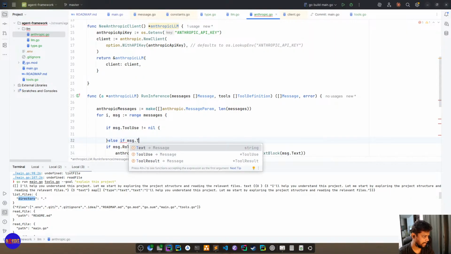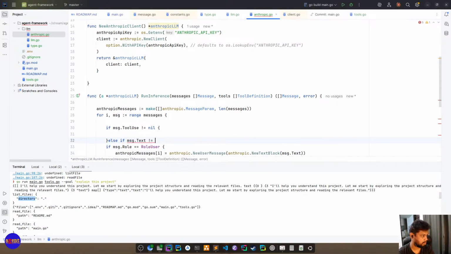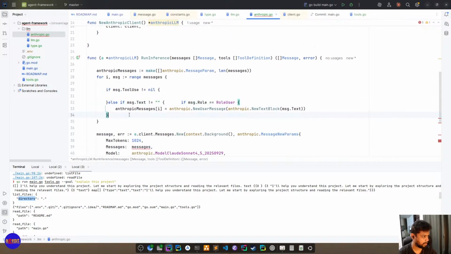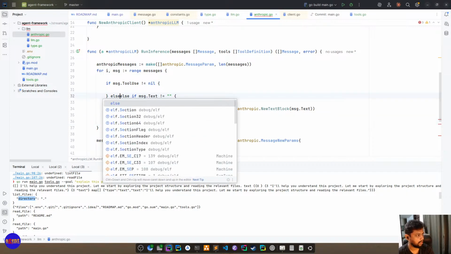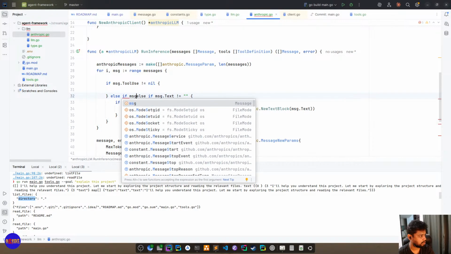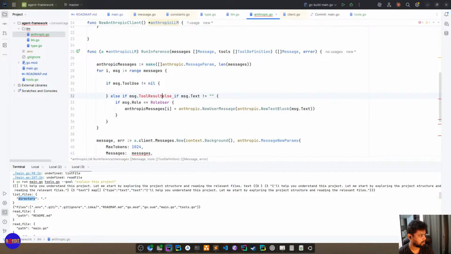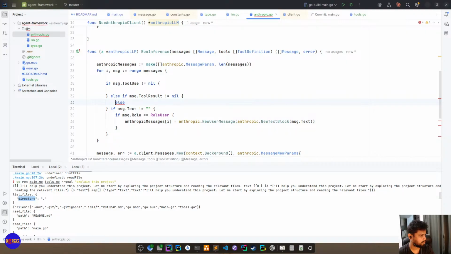Message dot text is not equal to empty. We process this, and we need else if message is not equal to nil. We process tool result, right?